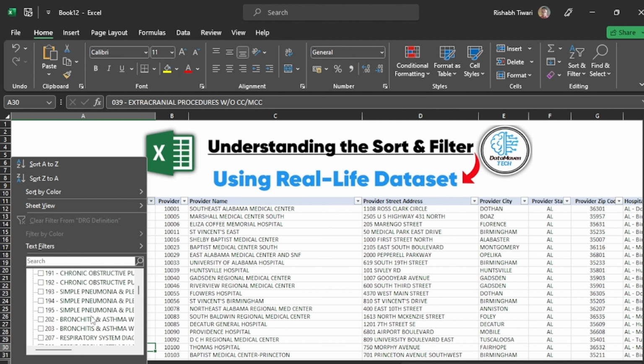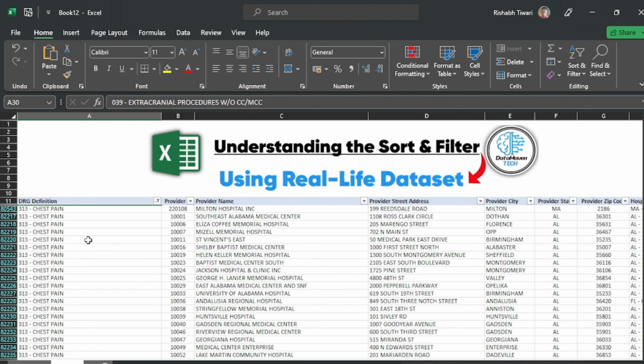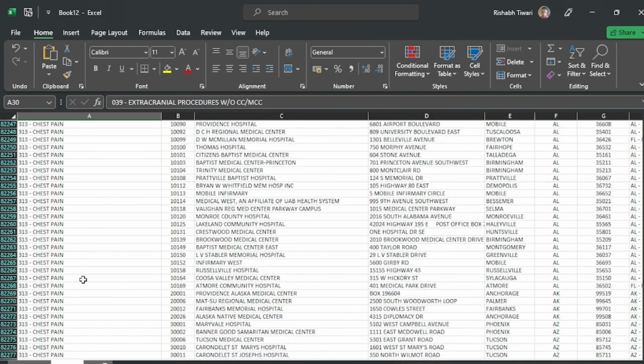But to find it will be very difficult as there is so much data available. To ease it, we can use this search bar. Now let's find chest, and as you can see it's visible now. Tick it and press OK. Now you can see all hospitals treating chest pain.